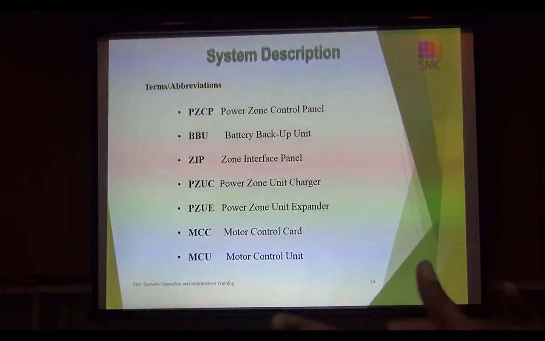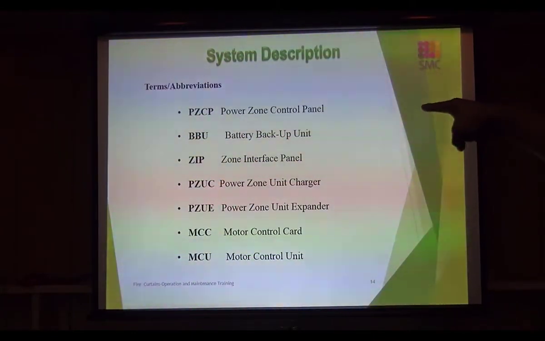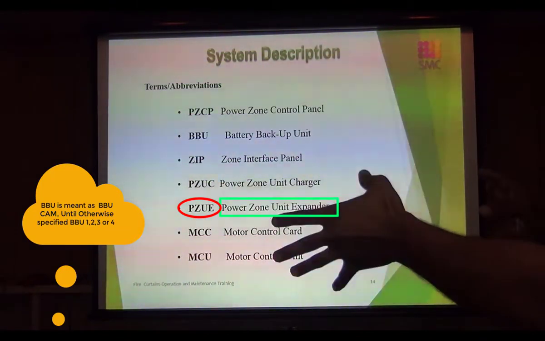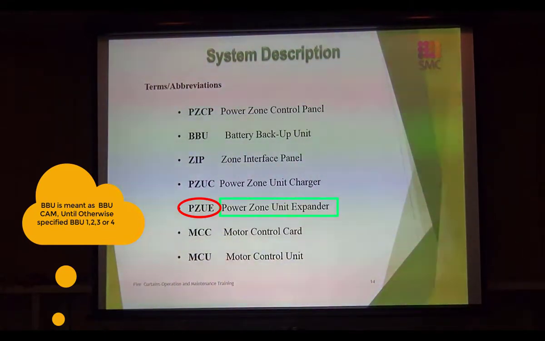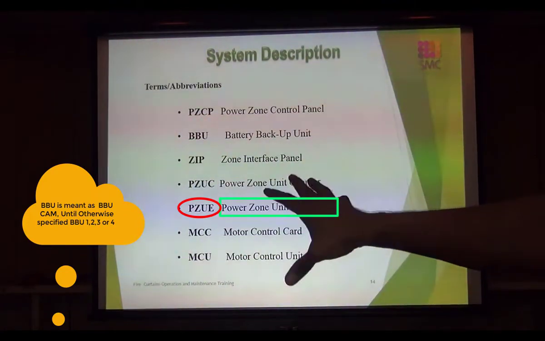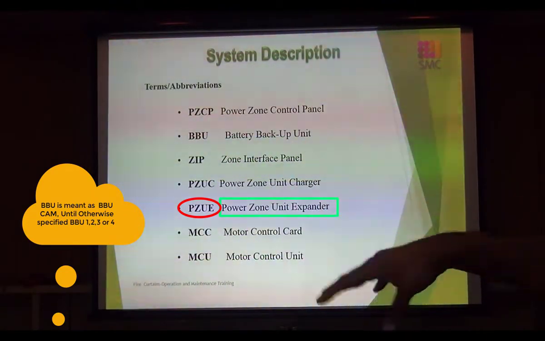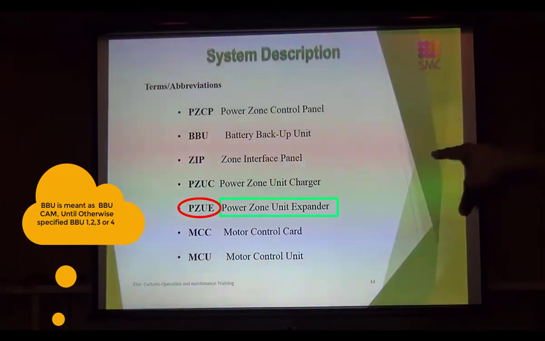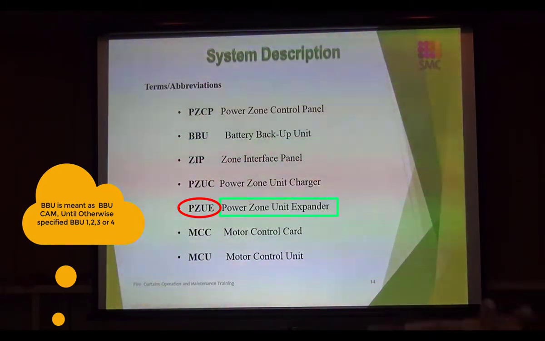and PZUE is the same. This expander, power zone unit expander, is also used, like battery backups in the generator rooms or emergency supply areas. This is for advance, if you want to expand one system, because one BBU can hold up to 20 MCU motors. It can drive 20 motors maximum. One BBU can handle that. So if you want to expand, sometimes the situation is there, then we use this PZUE. But for one BBU, you will find here BBU CAM,